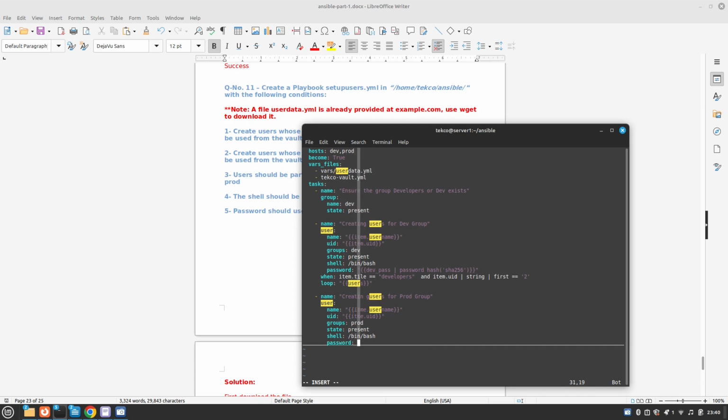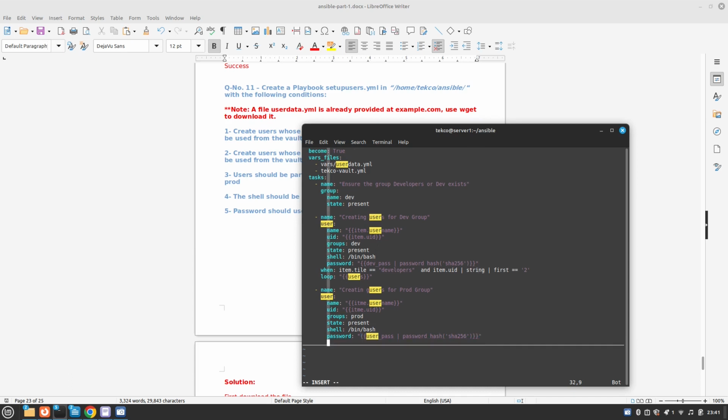again we are going to use, this time I think it's user_pass, user_pass, and convert this password to a hash of SHA-256, close it, close the curly braces, and when the condition is when item.title, it should not be tile, it should be title, item.title equals